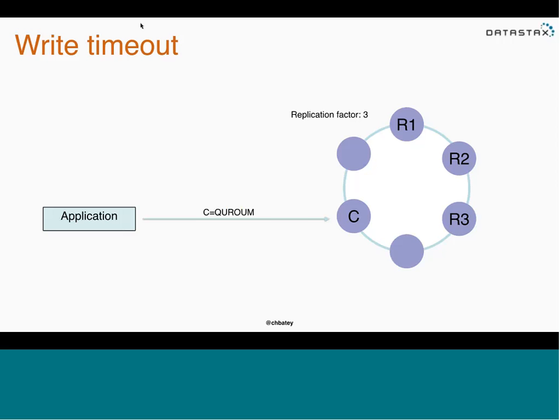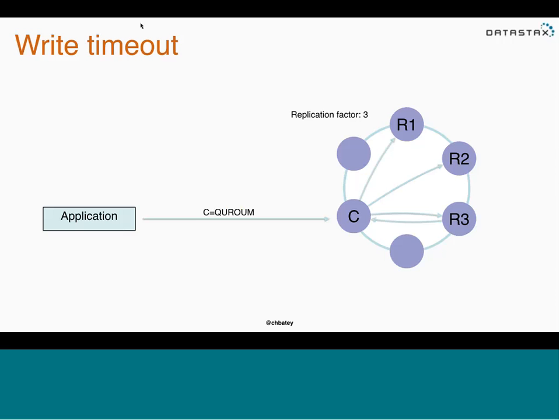So we're only going to talk about writes just because they're the mutating ones, they're the dangerous ones. What we're going to try and do is really understand what a write failure really means in Cassandra. So we're going to assume that we're going to write some data, and we're going to write this at quorum. The first misconception we often get with Cassandra is that your consistency affects how Cassandra writes data, which is not the case. Regardless of what consistency you write the data at, it's going to send it to all 3 of the replicas,